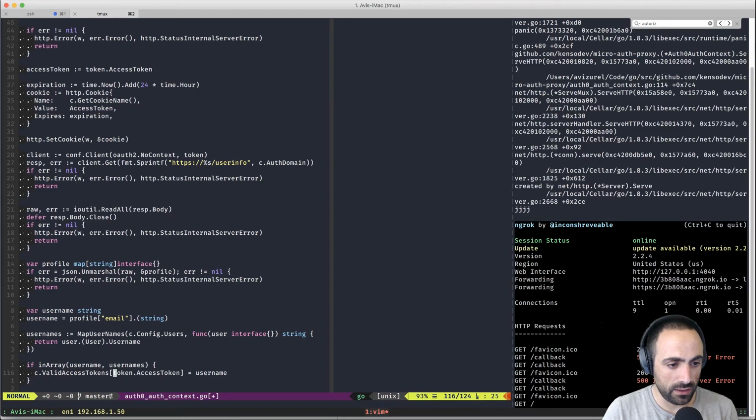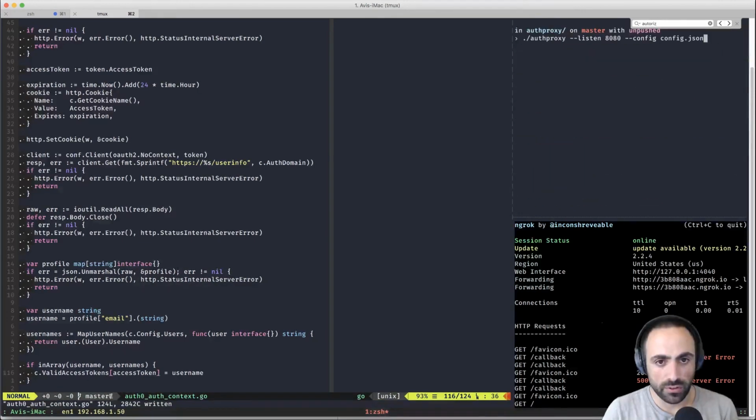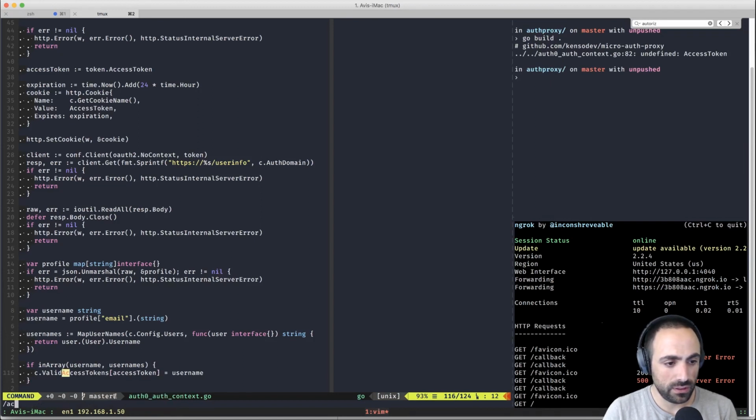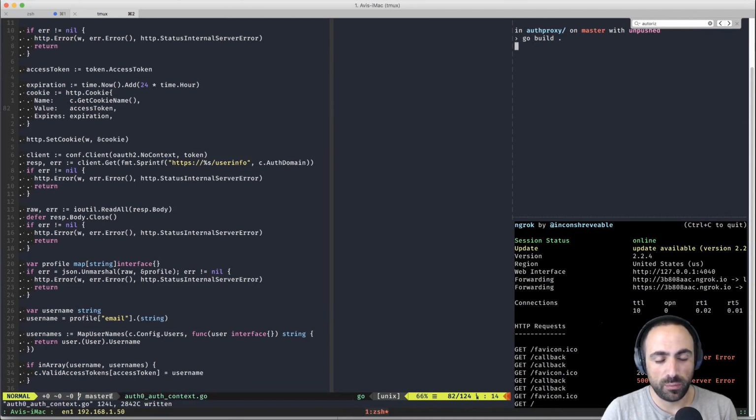And then this should be access token as well, because I think this actually goes and tries to redo it. Access token, line 82. Okay, so this is access token. Build an auth proxy.